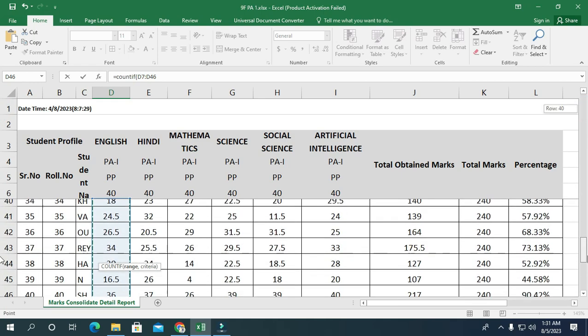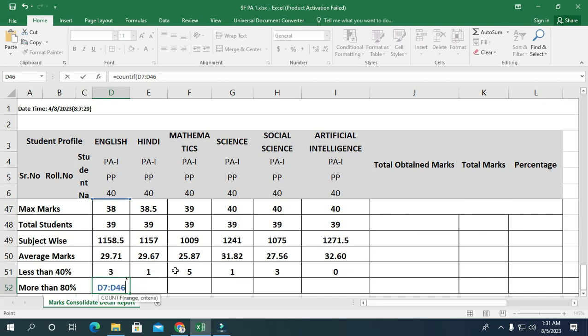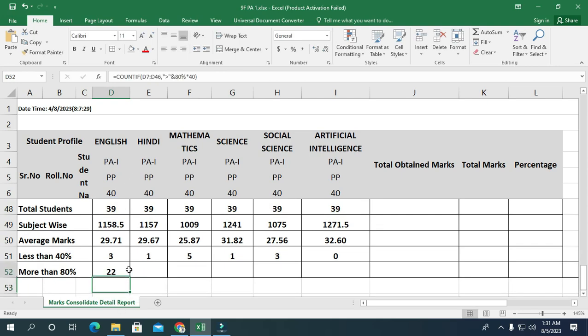scroll down. But have I written COUNTIF? Yes, COUNTIF D7 colon D46, then comma, within double quotes. Now we will write greater than, comma, sorry, not comma, we will put ampersand sign, and now we will write 80% multiplied by 40, and I'm pressing enter, and this is the